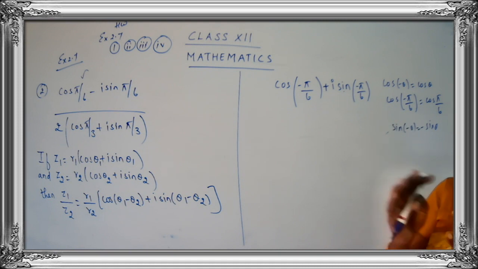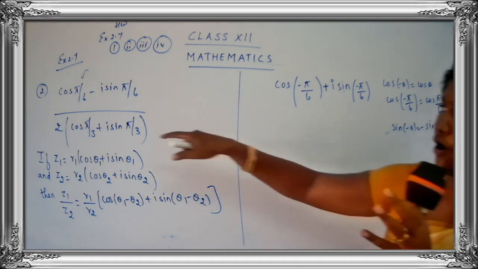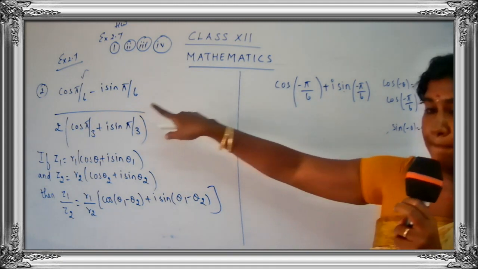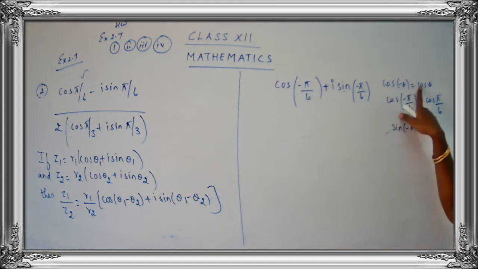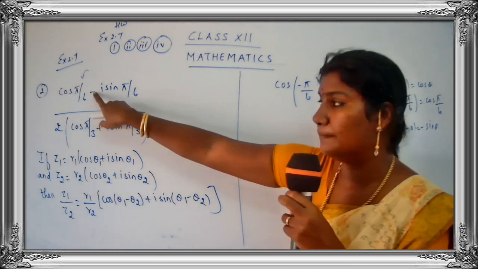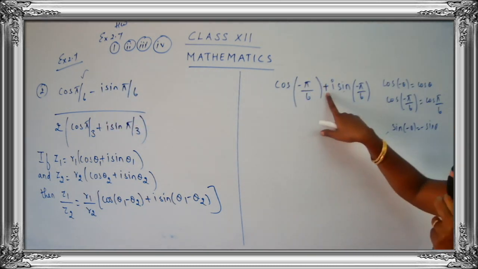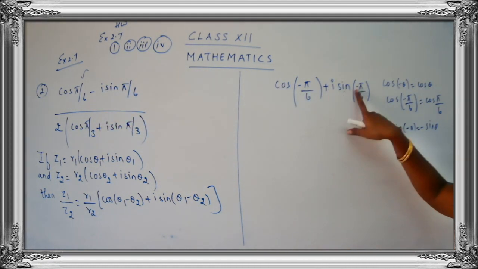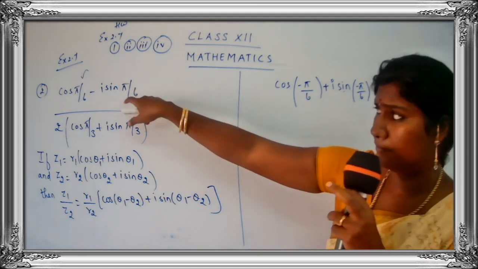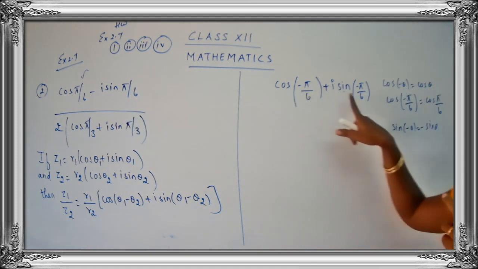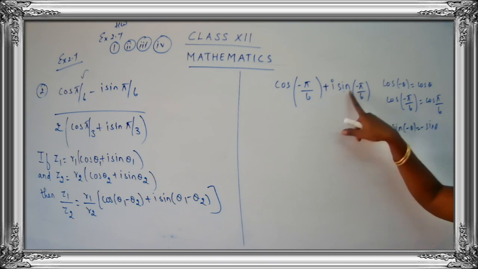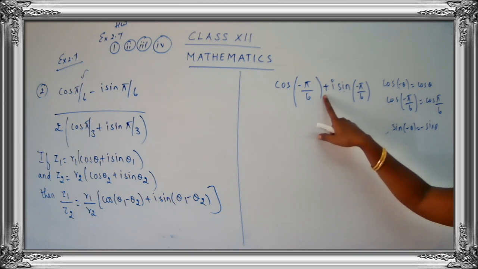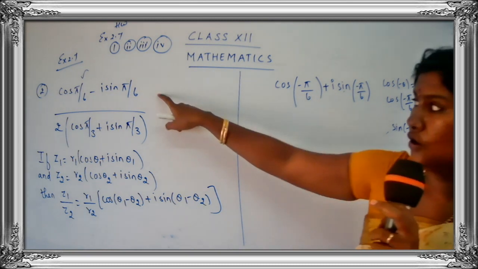Let me explain once again. So how are we going to balance the form? Cos pi by 6 is written as cos of minus pi by 6, because both the values are same. Cos of minus theta is equal to cos theta. And how am I going to change this? In place of minus, I am going to put plus i sine minus pi by 6. Here positive pi by 6 was there, so you are going to put minus pi by 6, because sine of minus pi by 6 is minus. So when minus comes out, the plus will become minus, and you will get the original form.